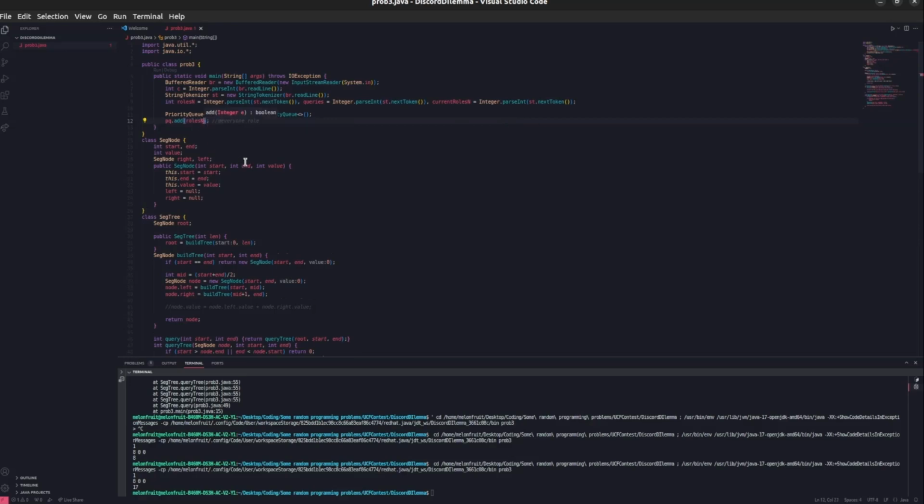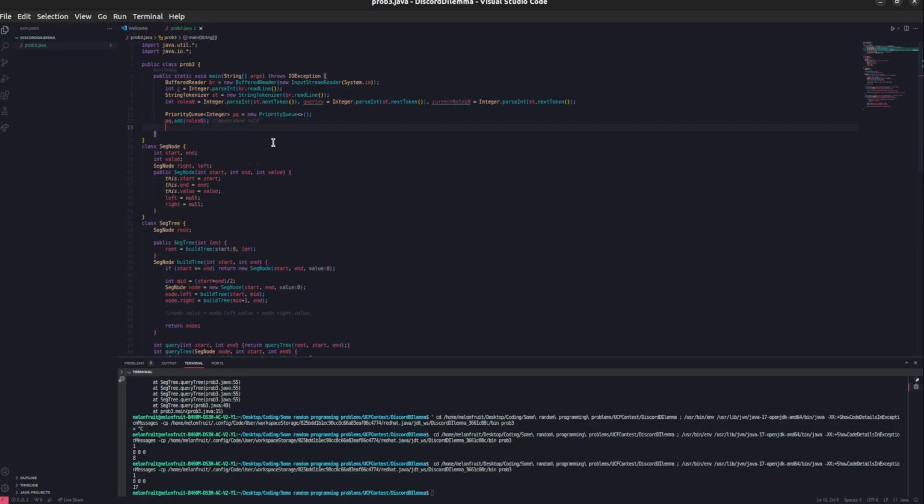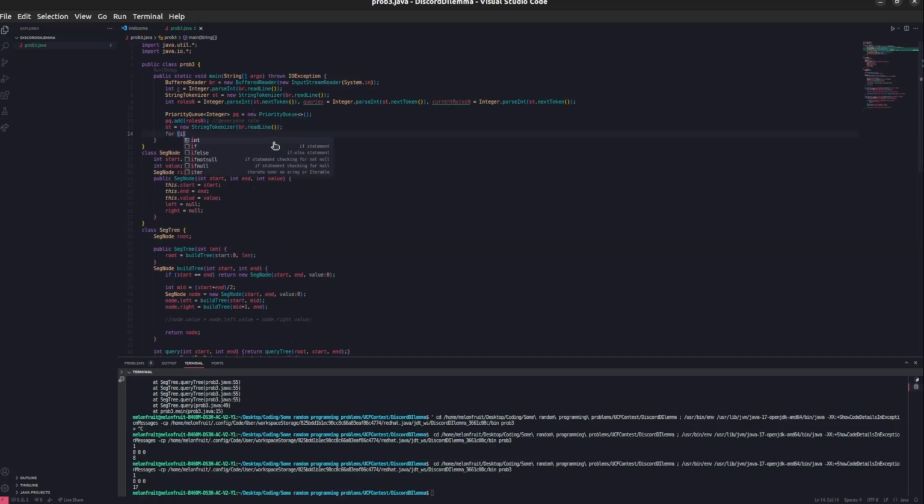Roles n. And then we need to reset the string tokenizer for the new line of input. And then we go while current roles, n, i++, and then pq.add